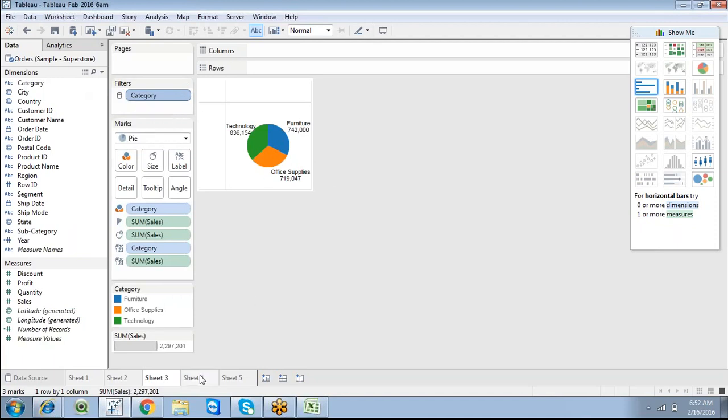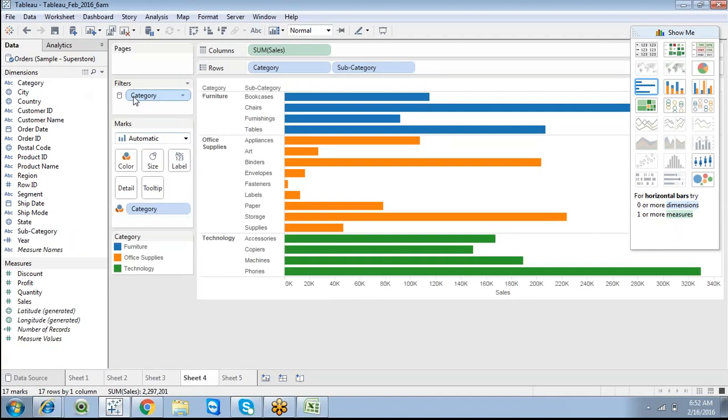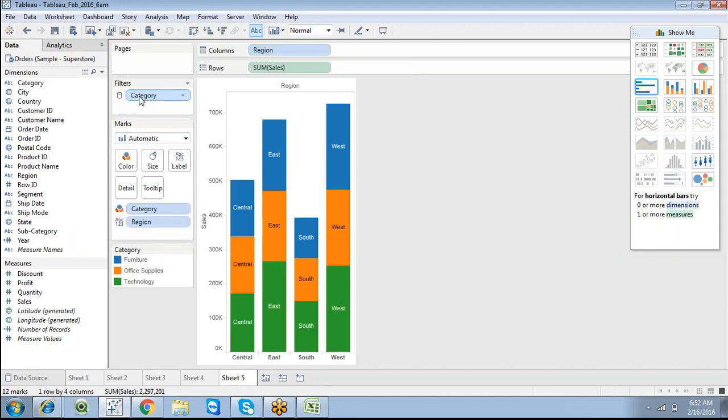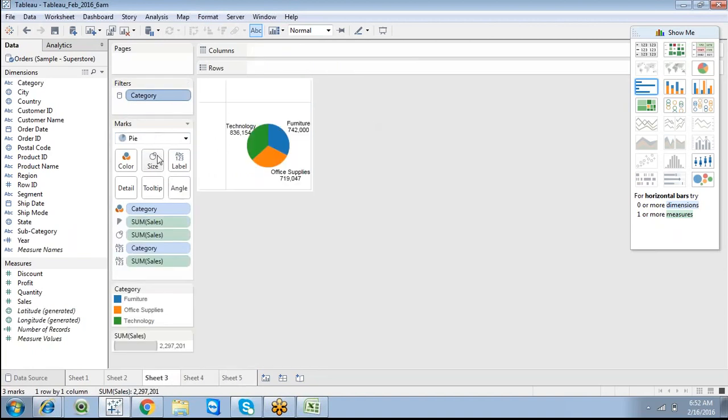Now just go to sheet 4. You can see we have the same filter symbol with the same category. Go to sheet 5, the same thing. So it's a condition where I want to apply the same filter across all the sheets.